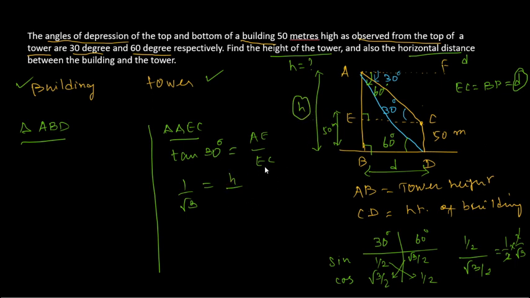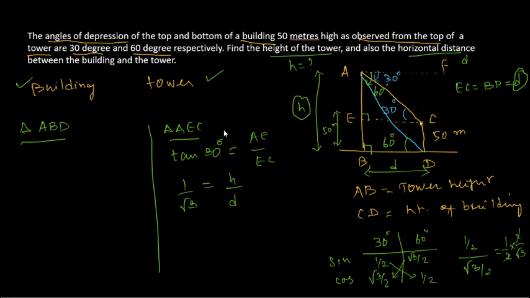So you can replace here. So EC is nothing but what? Which is nothing but D here, is it not? Right. And so 1 by root 3 is equal to H. What is this? The total height is H. Okay, and this total height, now let me consider, that is AE. So we consider it is not a total height, we have to consider only AE because it is given as AE. So I cannot take H here.